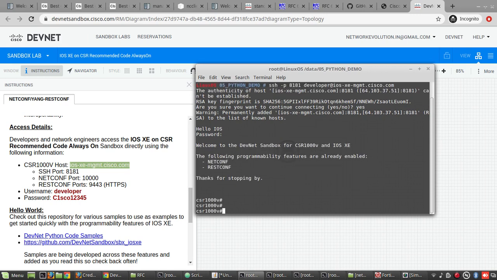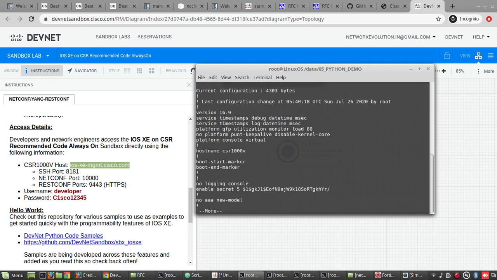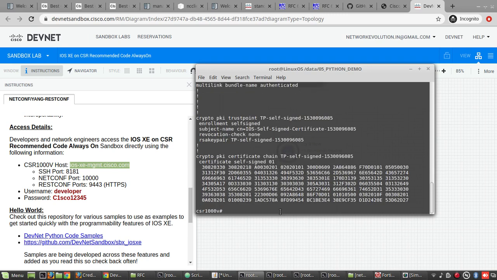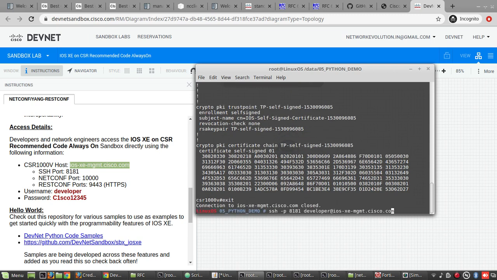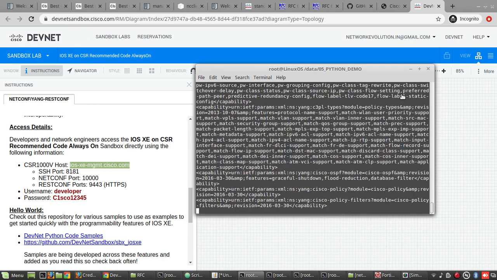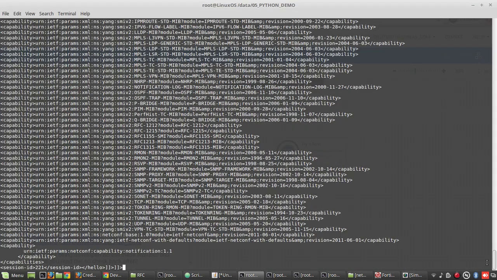Yeah, so you can see this device will be available online always for your testing. Now if you want to see the NETCONF connection, what you can do, the port number is 10000. So you can see the device is sending me the capabilities.